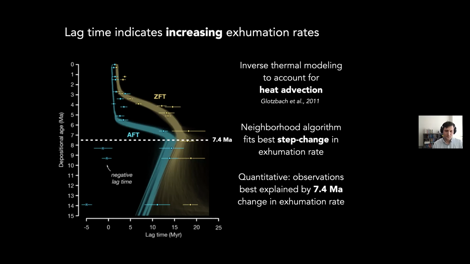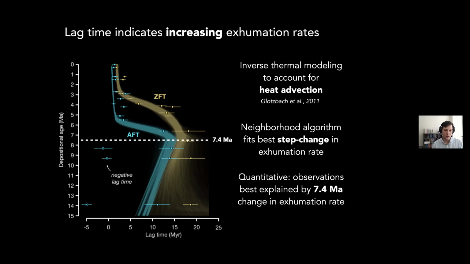So what I'm plotting here, these lines overlaying, are actually just a bunch of different model results. I think these are the top 10% of what I actually ran, just to illustrate the degree of fit that we are able to achieve with our dense data set, which is actually pretty good. So quantitatively, what we observe is that an exhumation rate change at 7.4 million years is